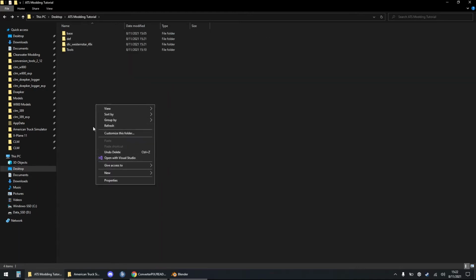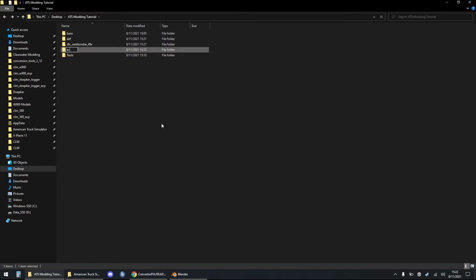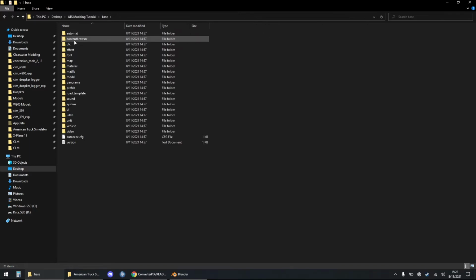Now we're going to make another folder here, and we're going to call this EXP files. You can name it whatever you want, but we're going to be setting up the files for bringing the Western Star into Blender. So most trucks that come into Blender or into SCS are going to need specific files. So they're going to be found in the base,